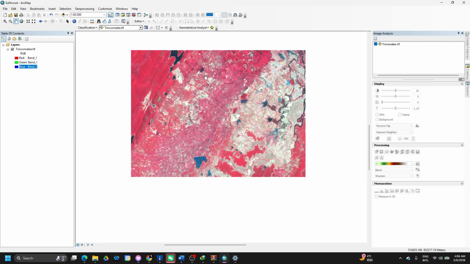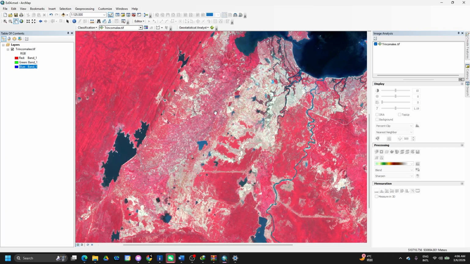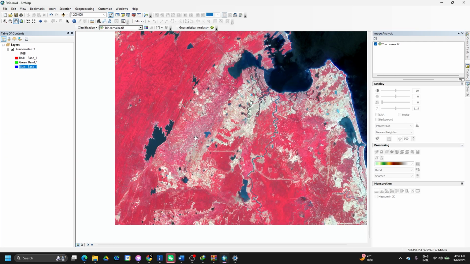So these are the composites, the band combinations that we are going to use